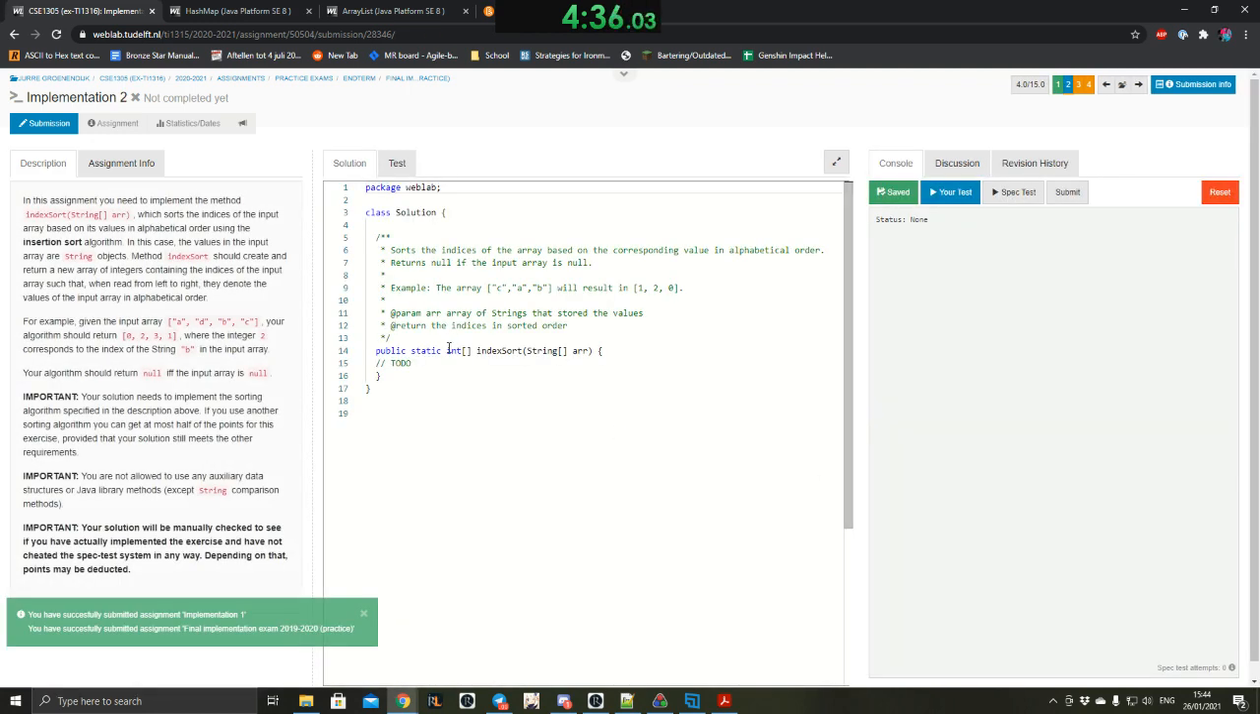Okay. Index sort, ooh. You need to implement the method indexSort, which sorts the indices of the input array based on its values in alphabetical order using the insertion sort algorithm. The values are string objects. Index sort should create and return a new array of integers containing the indices. But the thing is,